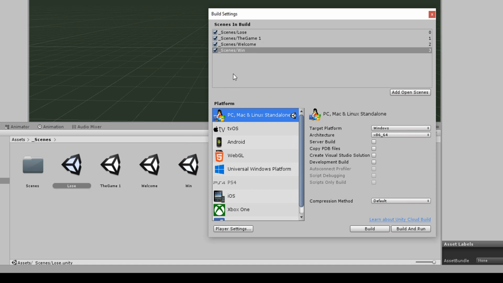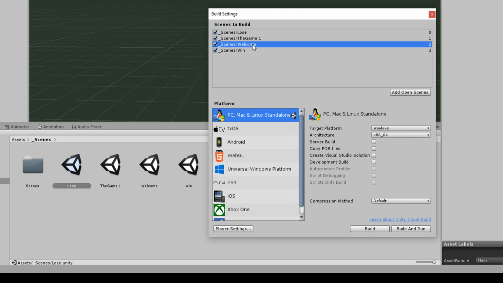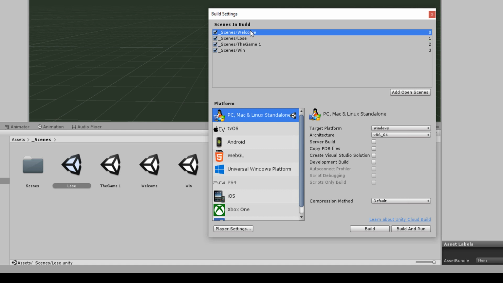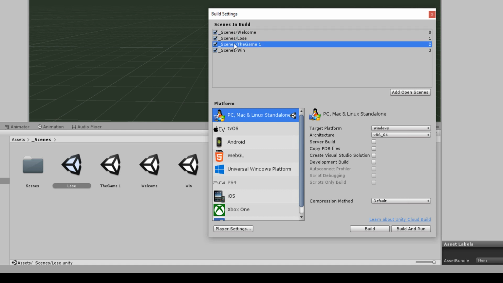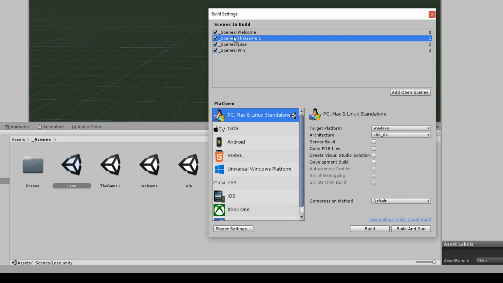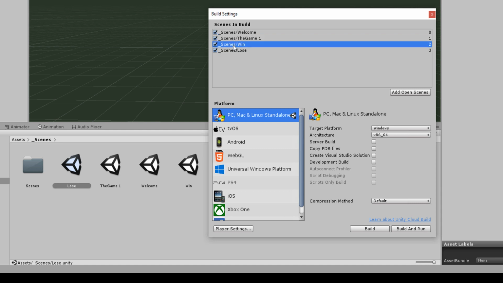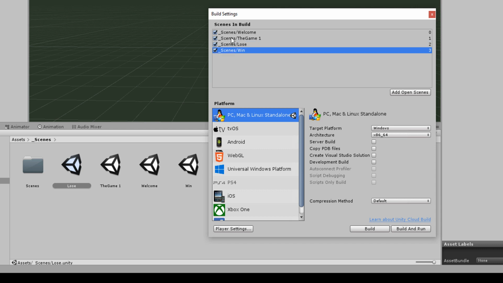Now, an important part of the build settings is to make sure your scenes are in order. You want the scene that begins the game to be set at 0, and then the scene that follows that to 1. So the win and lose, it doesn't matter which order they're in, because it all depends upon the